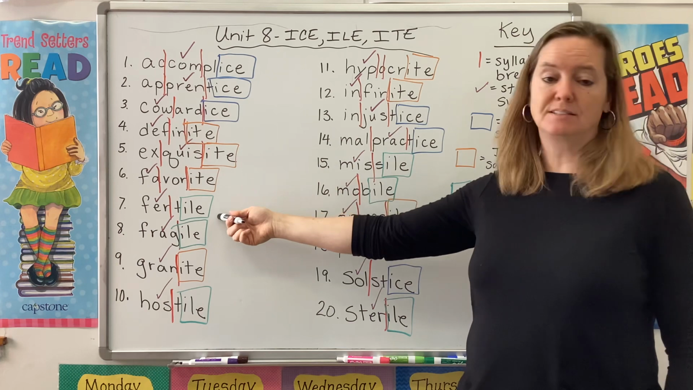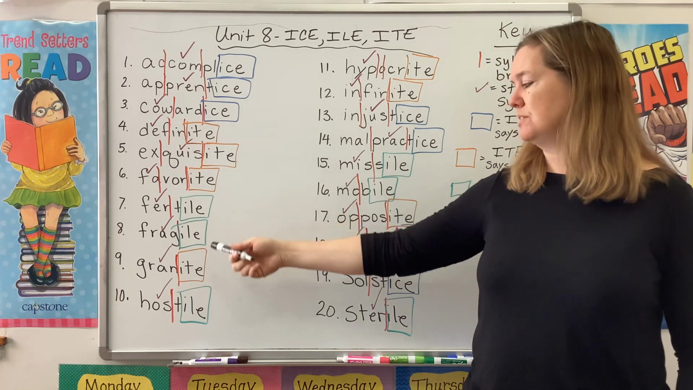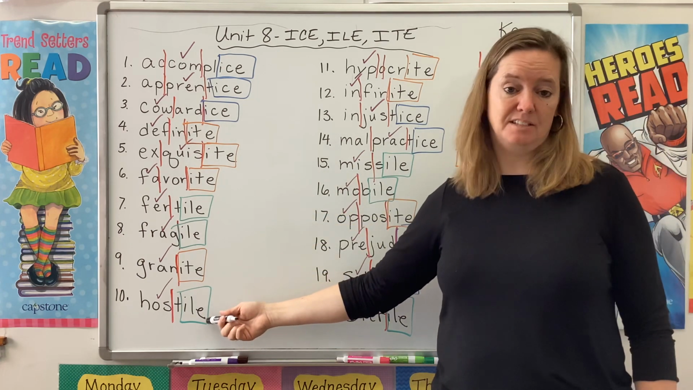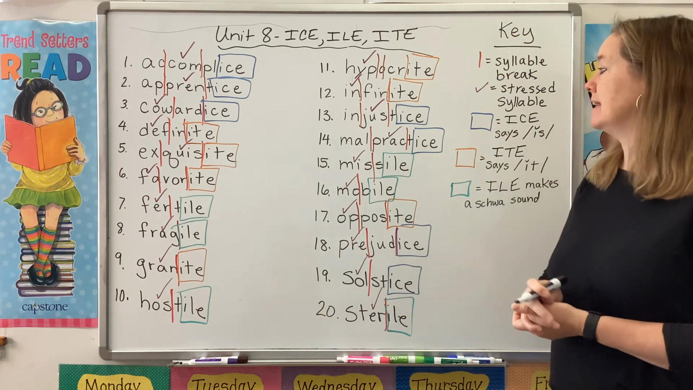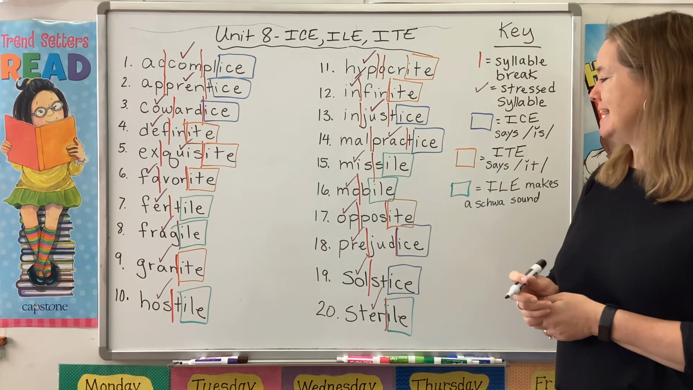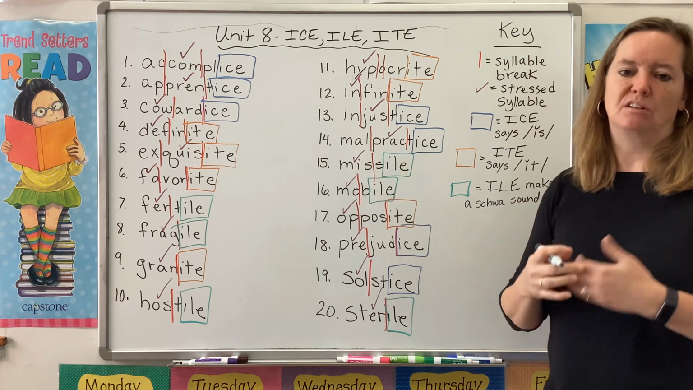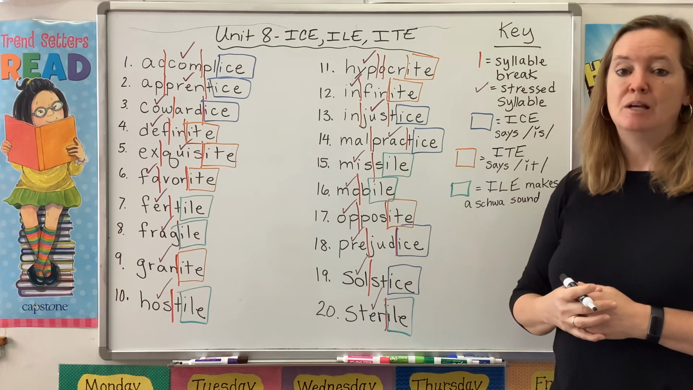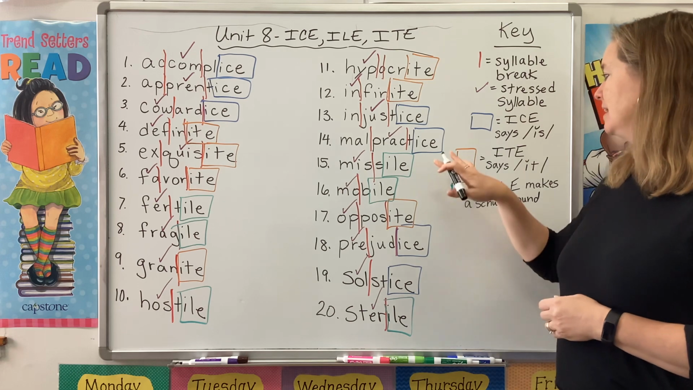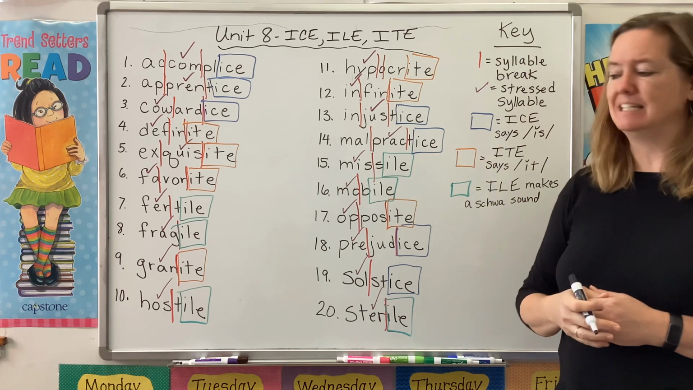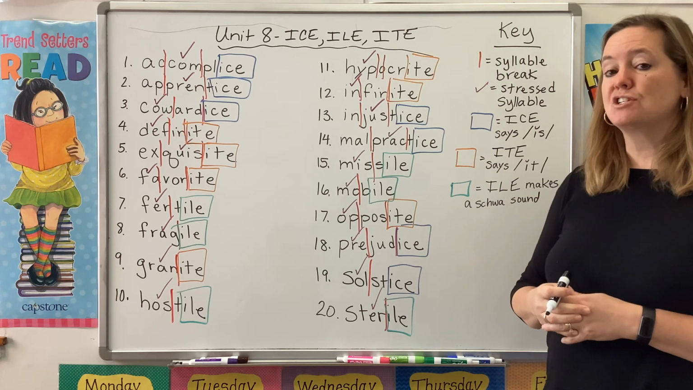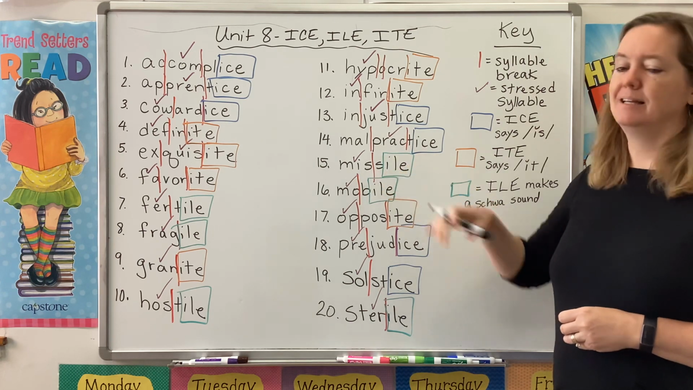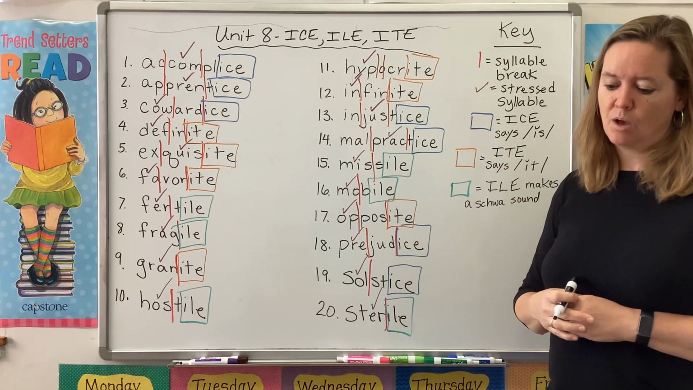Well, fertile, that's a describing word. Fragile is a describing word. Hostile is a describing word. So it looks like ILE is going to show up at the end of adjectives. But then we get the word missile. A missile is a thing. So again, just like with our ITE endings, ILE usually shows up at the end of an adjective, every once in a while at the end of a noun. Okay,